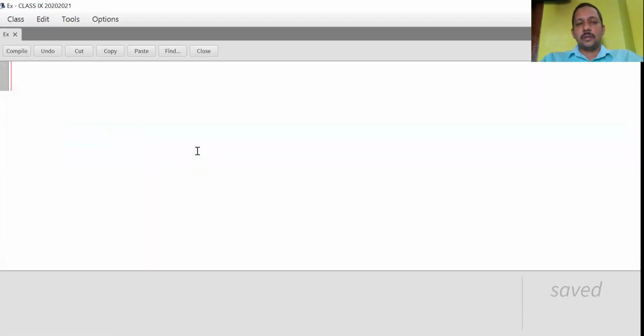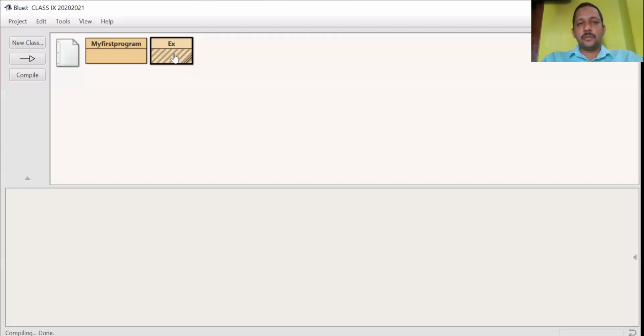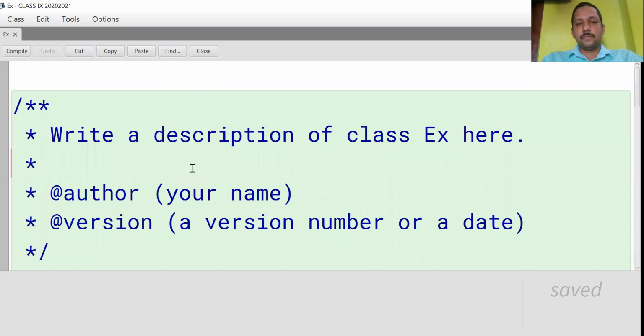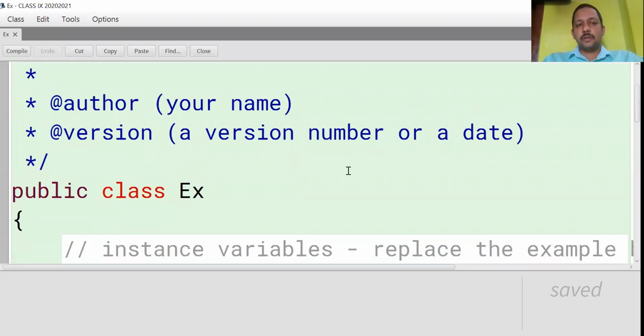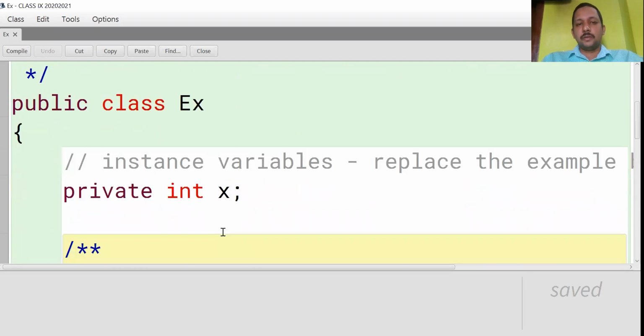Now once again see the example. Close. Create the class one more time. Ex. Now open. Observe here. What is the first one? Class. Access modifier, class keyword, class name. That is the syntax of class. Variable. See, data type, variable name. Here you used private. This is an access modifier. Either public means a default, no need to use. Private means we have to indicate.